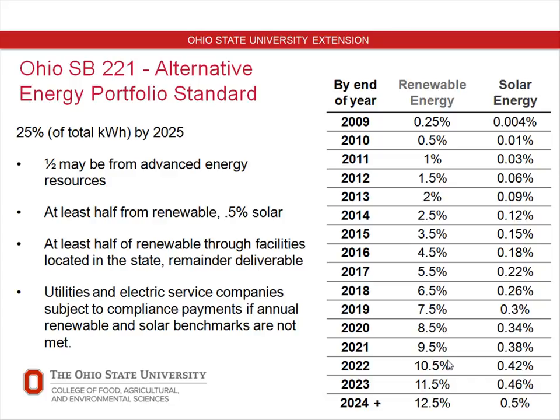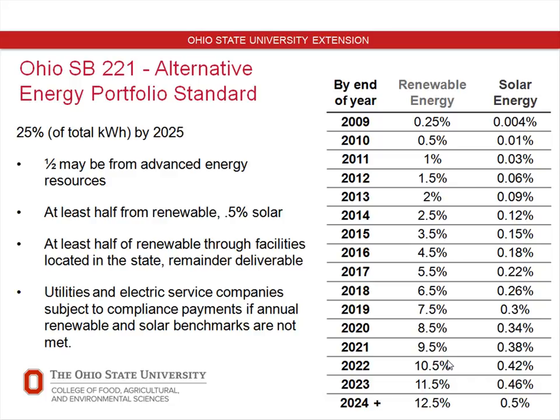So when you look at the renewable part, originally, and this is how policy works, there are all these different layers of the onion you need to keep peeling back and seeing what it means, right? So half of that renewable energy component originally had to come from sources that were physically located within the state of Ohio. The other half could come from neighboring states that certified their facilities through the Ohio Public Utilities Commission.